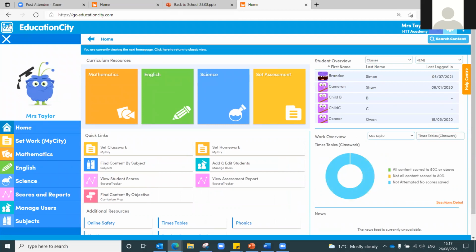Now, if you've used EducationCity assessments before, they are fantastic. They are marked automatically, so you've not got to worry about marking. And all of our formative and unit assessments even create independent revision journals. So these are completely individual to each child in your class, and they're filled with resources based upon the questions